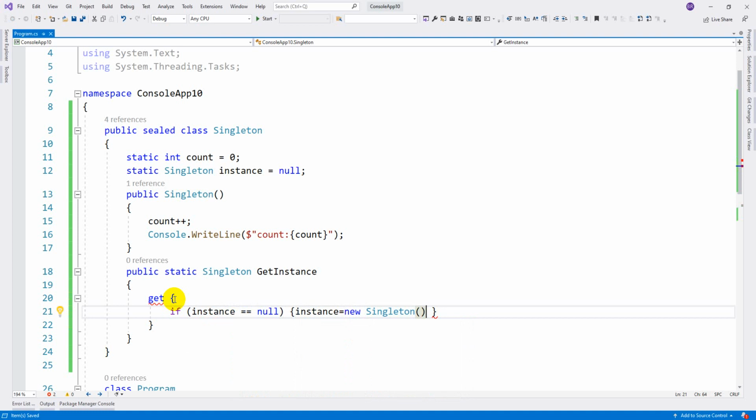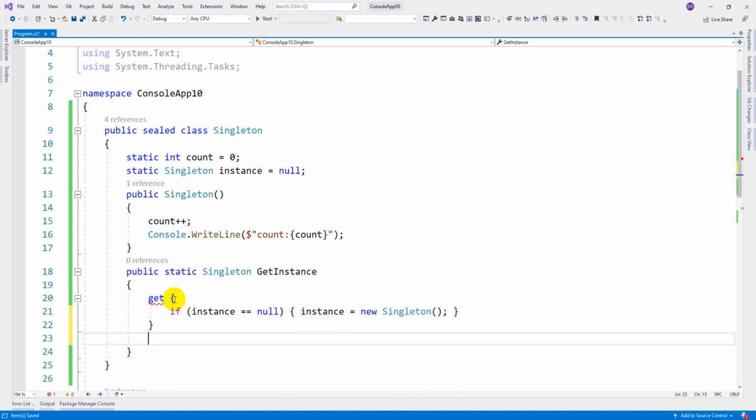That's it, only once you are going to create an object. Then we are going to return that instance, because here we had selected the return type is singleton.